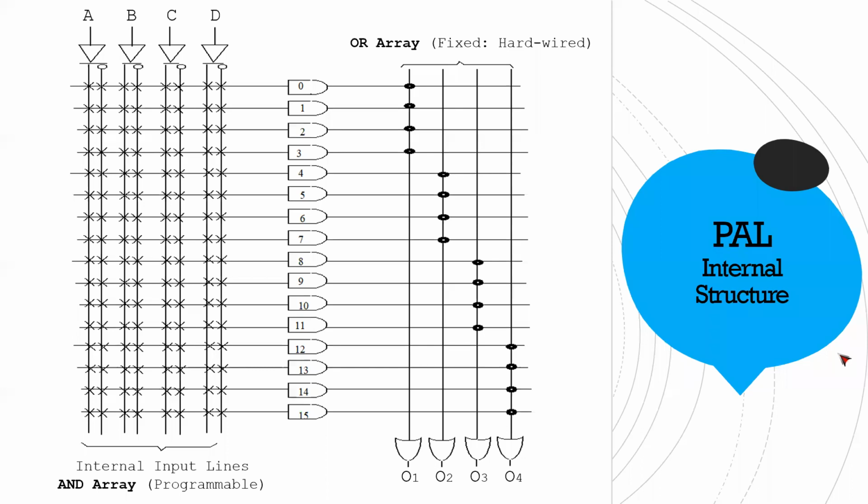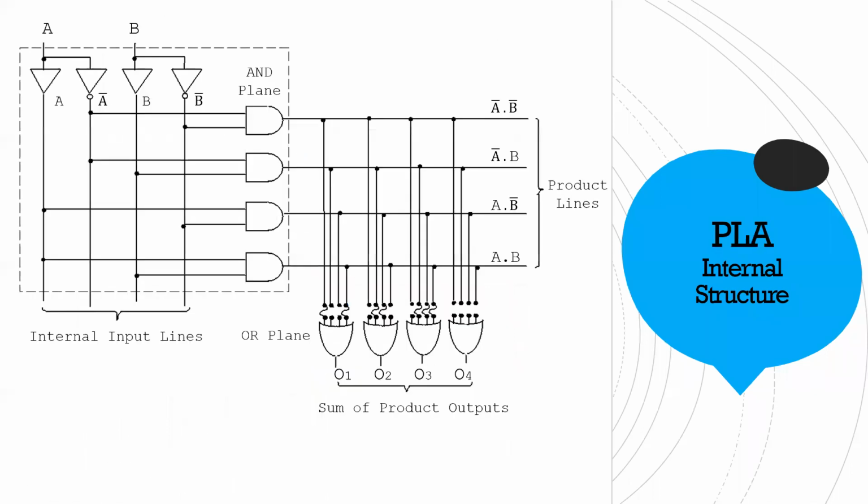Okay. Now this is a PAL structure. What is the difference between PLA and PAL? Remember, the difference is in the OR gate. In case of PLA, both the AND and OR planes are programmable. Programmable means you can change the connection, you can make the connection, you can remove the connection. Both are changeable, right? Here you can change them by changing the fuse. You can unclip the fuse, right?